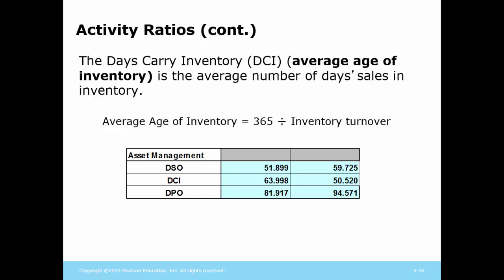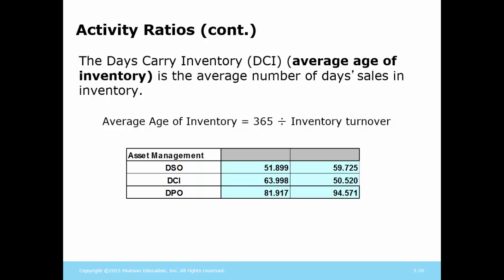Moving on, we want to talk about something called activity ratios. Activity ratios measure how efficiently management is utilizing the assets of the company to generate sales. So in this case, we're going to use something called days carry inventory, DCI. Sometimes they also just refer to it as the average age of inventory. But here, essentially, DCI, you can see that